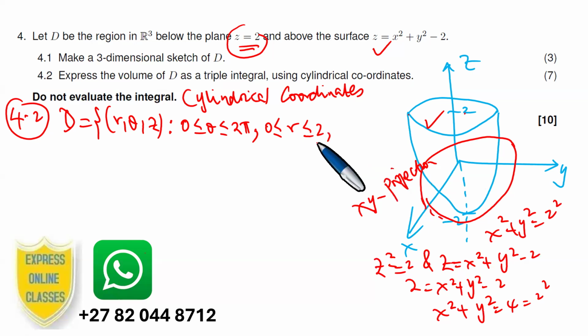Now, we continue. We need to find the z limits of integration, which means it's going to be r squared minus 2 less or equal to z, less or equal to 2. Therefore,